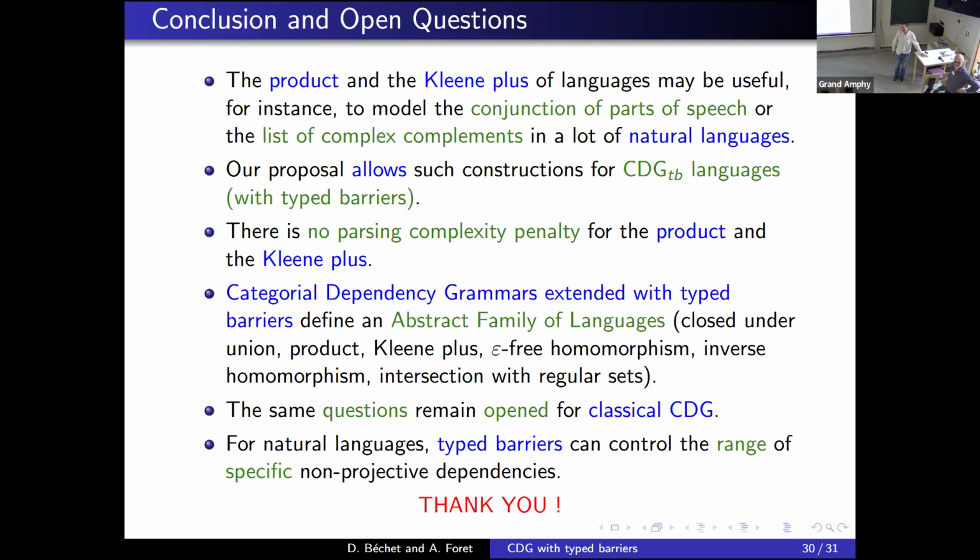Yes, please. It's very fascinating. I'm more used to dependency parsing with universal dependencies, and there they do it in a different way. There is no grammar, but you have a treebank, and then you learn a parser by machine learning. Have you looked at whether one can learn these rules also from the treebank?